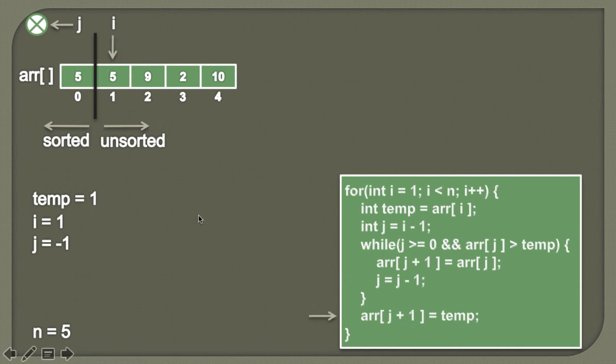And at the end we have found a position where we need to store 1. So that position is j plus 1, because as j is pointing to minus 1, it means j had traveled till minus 1 position to basically shift the larger elements by 1 position. So when we do j plus 1, here we are simply storing the value 1 at index 0, because as j is minus 1, j plus 1 becomes 0. So we are simply storing 1 at 0th index.